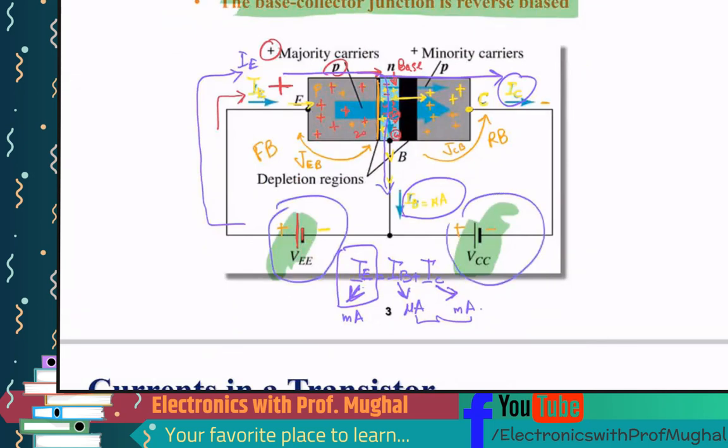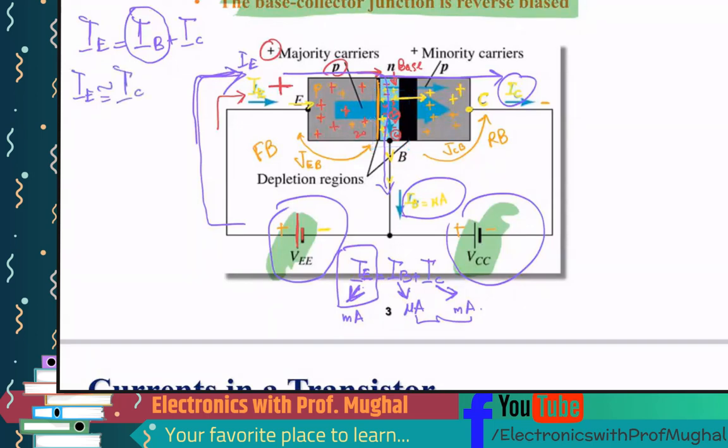So this IC over here, folks, again, this is important here. IE, the emitter current, is the total current right here, correct? It's the total current that's flowing over here. And the equation we got equals IB plus IC. Because this number is extremely small, in microamperes, we can also write that IE is approximately equal to